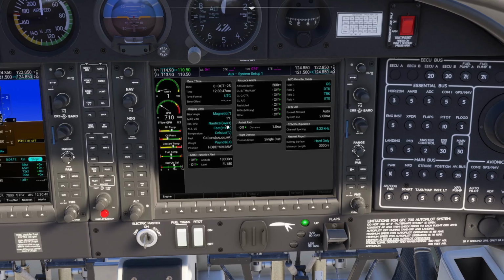You want to check nautical miles and knots, feet and feet per minute, Celsius degrees centigrade, gallons per hour, weight we want to, and this is a prime example, weight we want to be in kilograms, and then going over here we want the altitude buffer at 200